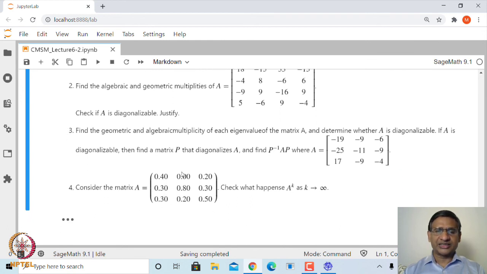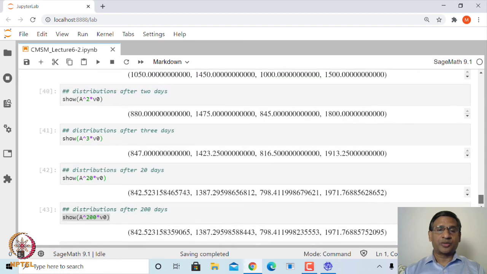In this matrix again, the sum of each column is 1, and each entry is non-negative. Such matrices are also known as stochastic matrices. So, if you have a stochastic matrix, you can take any power, or look at a large power of A, and you will see that it converges to a constant matrix. In fact, each column will turn out to be an eigenvector with respect to eigenvalue 1. As I already said, if you have a stochastic matrix, it always has 1 as an eigenvalue, and you will get an eigenvector. That is what we saw in the case of this cycle distribution problem.